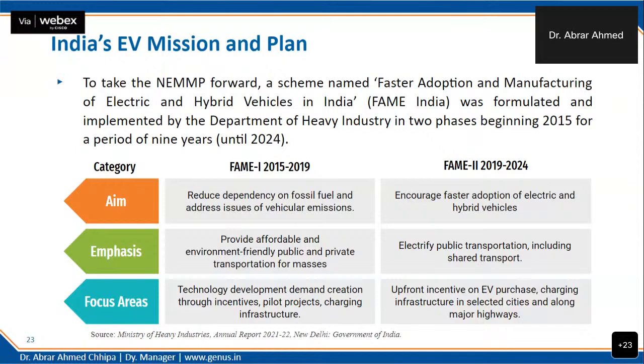2 scheme. For two wheelers, earlier in the FAME 1 scheme, the subsidy was according to the battery pack available in the EV, which was 10,000 per kilowatt. Now it is revised in phase 2, which is FAME 2, to about 15,000 per kilowatt. And also every state government has their own EV